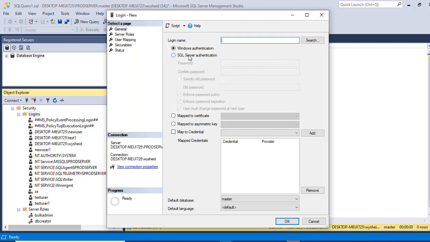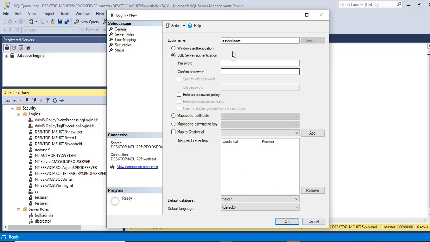Okay, and here I'll be selecting the SQL Server authentication, and I'll create a user, read only user. So I have created a user, read only user, and by default the user's default database is the master database. I'm not going to change that, but for the time being I'm going to avoid the enforcement of password policy because it's just a testing.